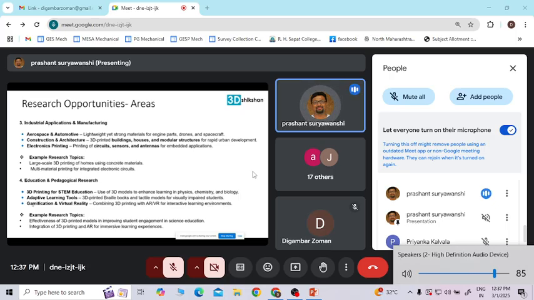Then industrial application, as you already know, drones and 3D printing are very, very connected together, and that's where spacecraft come in, where it is a difficult environment for humans. So that's where, like Siachen, bunkers are now being made with 3D printing, right? Because the environment is hazardous to humans, but machines can operate.